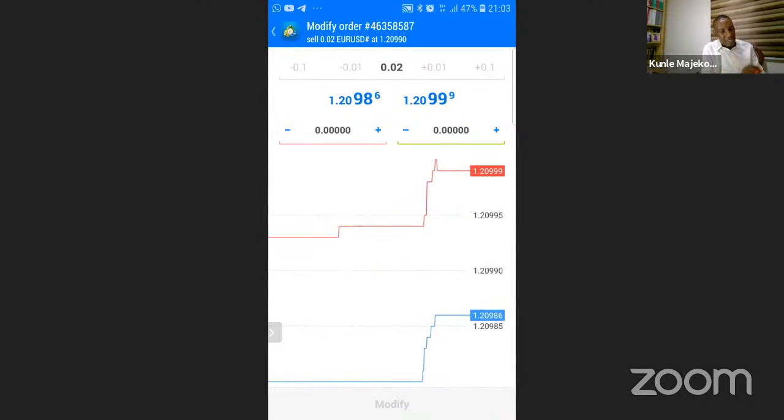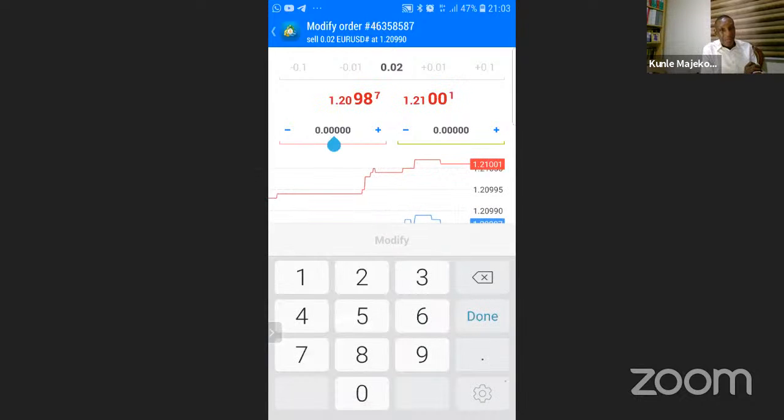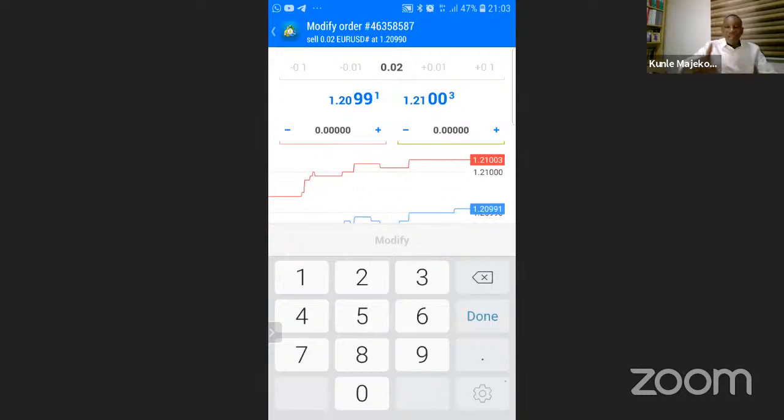Now, we want to put our stop loss. Our stop loss is on that red line where we have that 000, that area. The trade that we entered right now, you can see it at the top. It is a sell of 0.02, that is my lot size, EUR/USD at 1.20990. That is the trade I entered. Market has not moved too far from it right now, okay? I had sold. If the market goes lower than that price, that means I am in profit. Right now, market is about there. Nothing has happened so much.